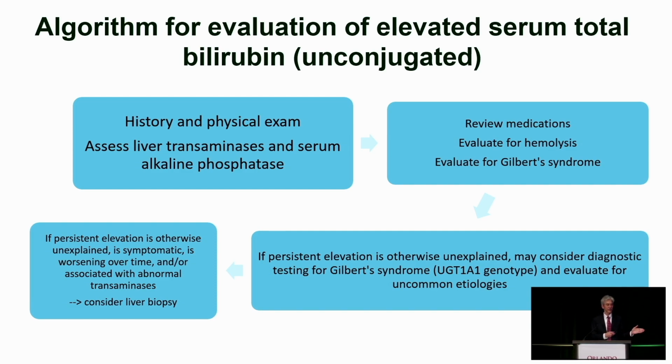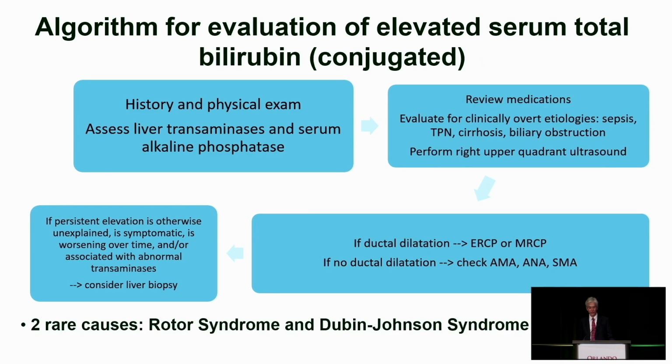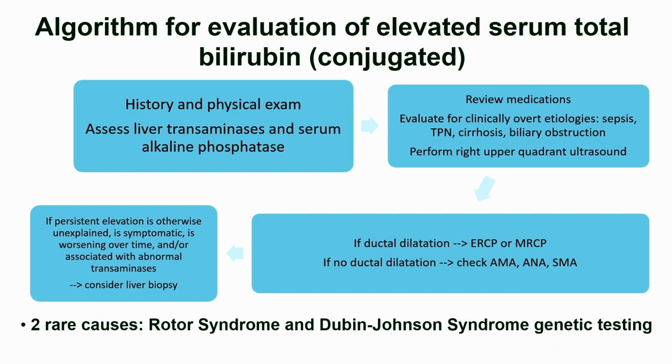Now it's so easy. You just order the UGT analysis and you have your answer. And this is true for a lot of liver diseases nowadays. But if you have an isolated bilirubin level and it's unconjugated, the predominant diagnosis you're going to entertain is Gilbert syndrome. But a conjugated bilirubin that's isolated, in these individuals, they truly do have liver disease in the majority